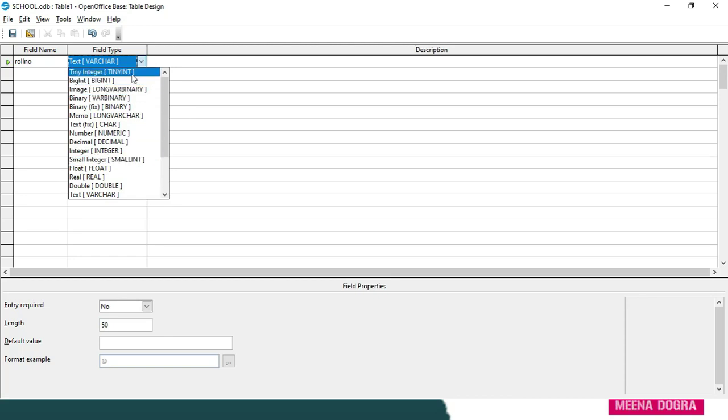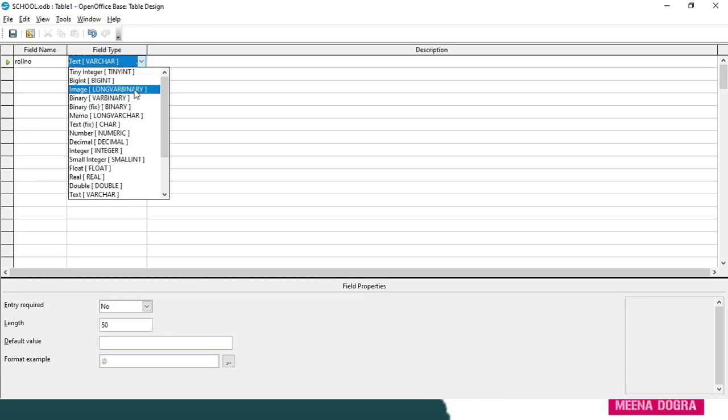Fine. And when we are designing a table using the SQL DDL command, CREATE TABLE, there we have to manually type the data type name. But if we are creating a table in table design view, then we get a drop down list which lists all the 21 data types that are available for any field. You have to select one of them. Only one out of them can be selected, and from here you choose the data type.